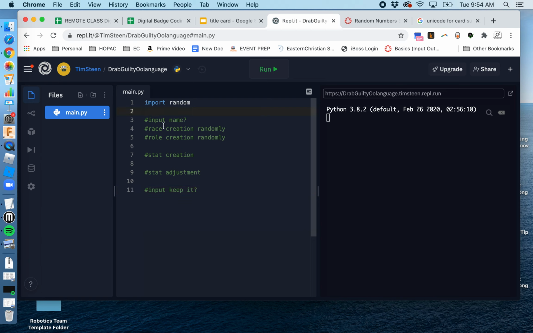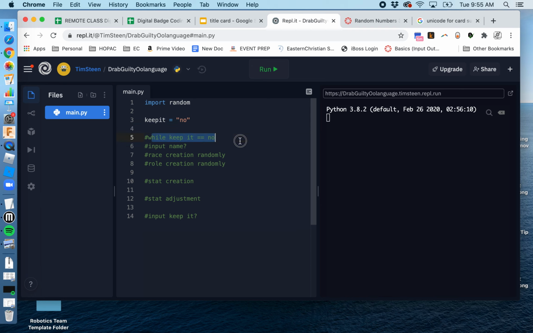So let's take a quick look at that first. Up here, we would want to do a while loop. So we're going to do while keep it is equal to no. We're going to keep doing these things if they don't want to keep it. Right? Now, depending on the question you ask, would you like to keep it? And they say yes, or would you like to trash it? And they say no. So ask the question the way you want to ask it. But the only thing here is to set keep it at the beginning to no,